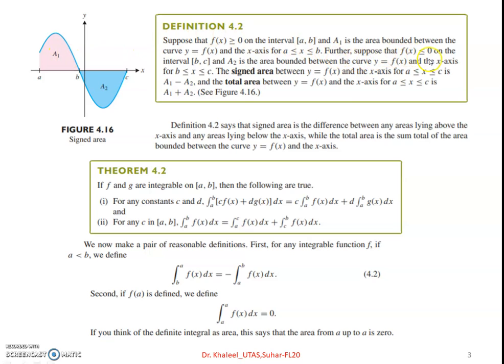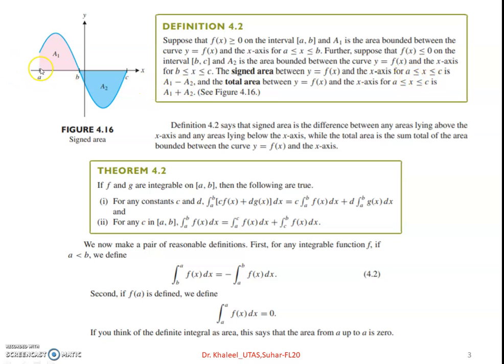And suppose that f(x) is negative, below the x-axis, on b to c, and A2 is that area, the blue one. Then the signed area between y equals f(x) and the x-axis from a to c